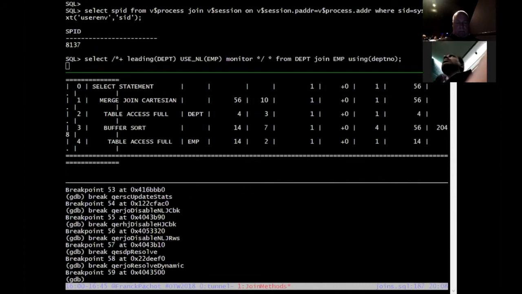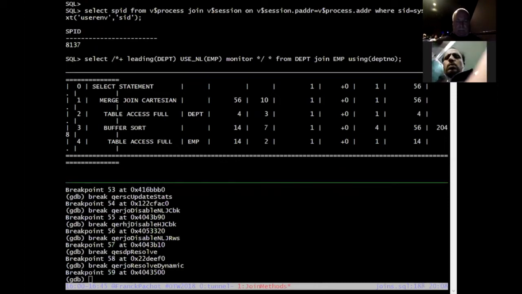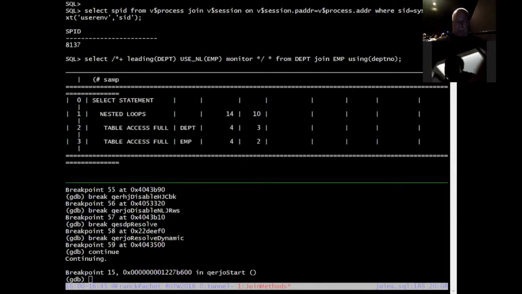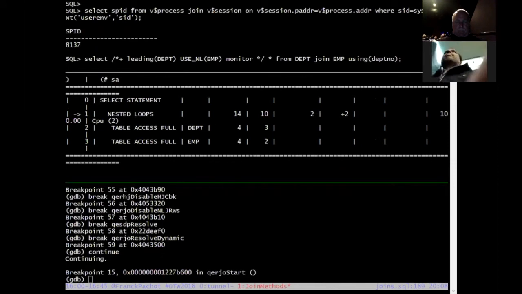So at the top, I run a join from DEPT to EMP. I'm forcing a nested loop. I'm forcing the optimizer to start with DEPT and then go to EMP with a nested loop. We don't see the execution yet because GDB is stopping, and in GDB, I will just continue to the next breakpoint. And there it stops